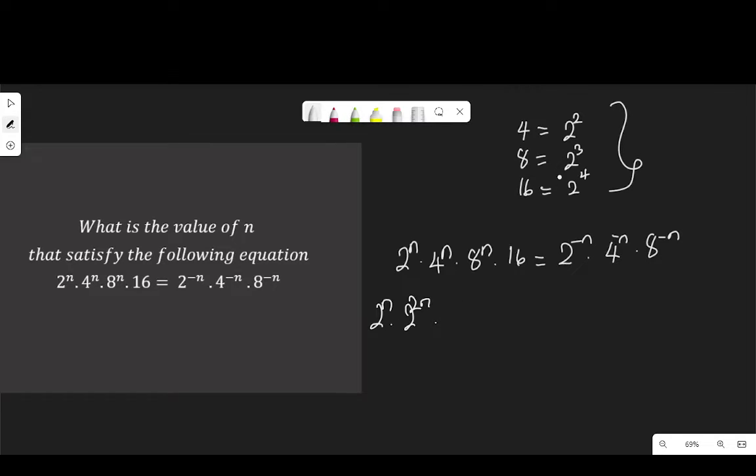Again, 8 is 2 to the power of 3, so I have 2 to the power of 3n there. And 16 is 2 to the power of 4, equal to